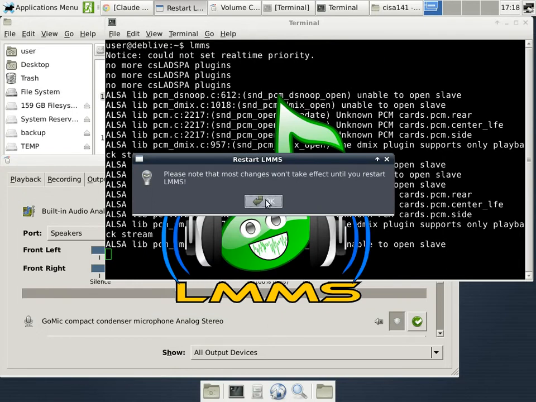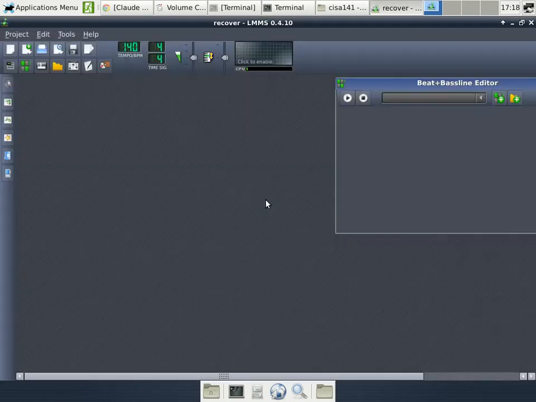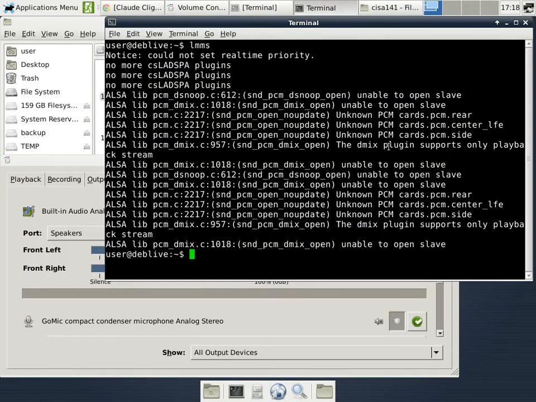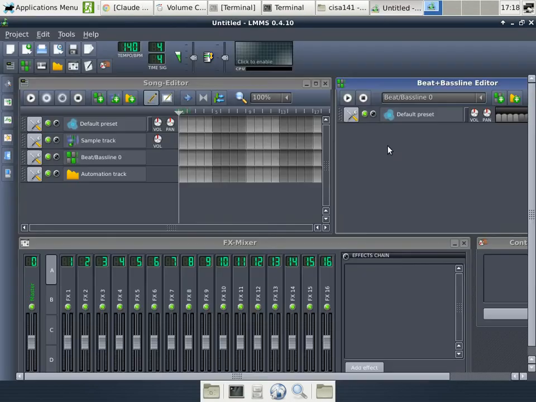And most changes won't take effect until you restart LMMS. Click OK anyway. And so we have the software. I'll go ahead and close it again and restart it because it warned me that it won't take effect until you restart it. So it looks like everything is now taken into effect, and we have the default screen of the LMMS. And I want to see if I can change the zoom here so we can actually see the entire screen. So we go to